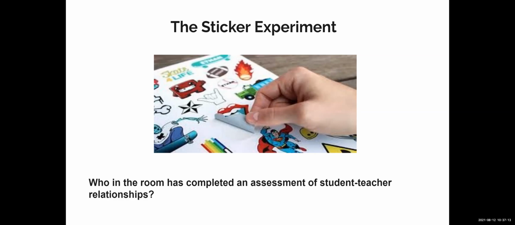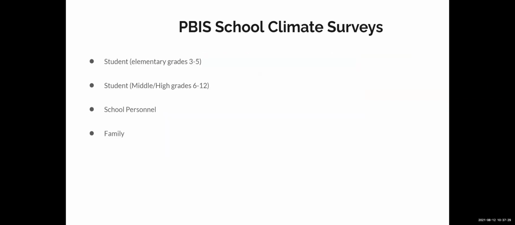And so I like this because it puts a name and a face and it identifies a tangible group of students that you can then target with some type of support or intervention around just getting them connected to an adult at the school. And then some other things you can use are your school climate surveys. And the PBIS school climate surveys are really nice and can really help you with this as well on PBIS apps. And they're generally brief. They take about 10 to 15 minutes to